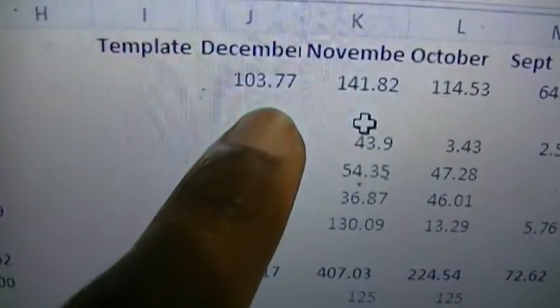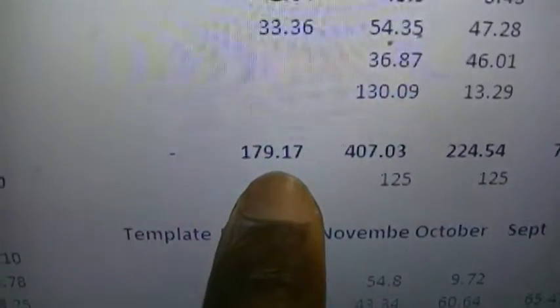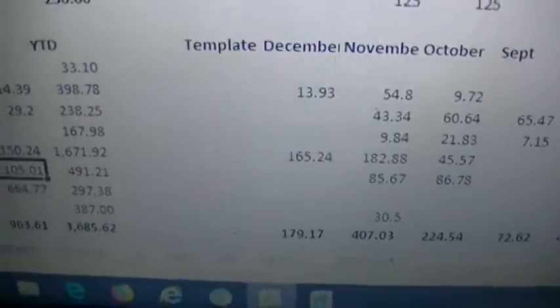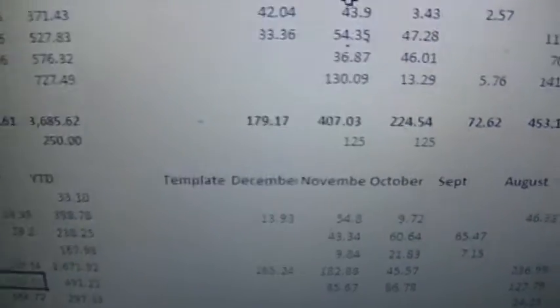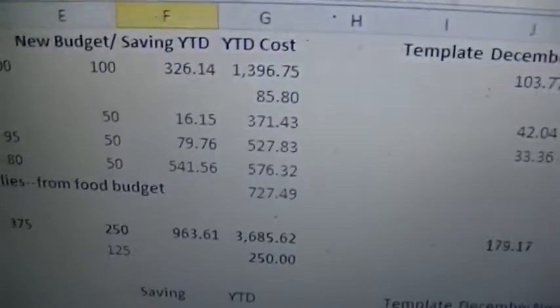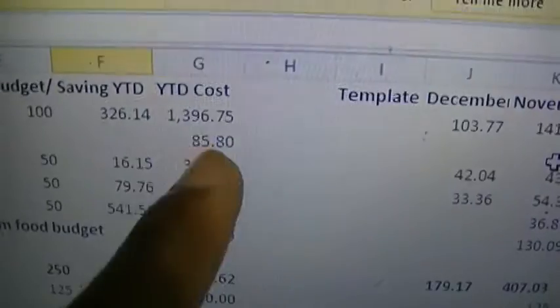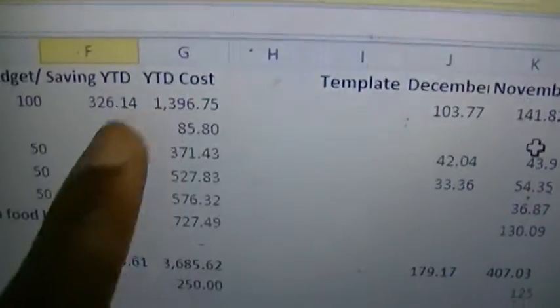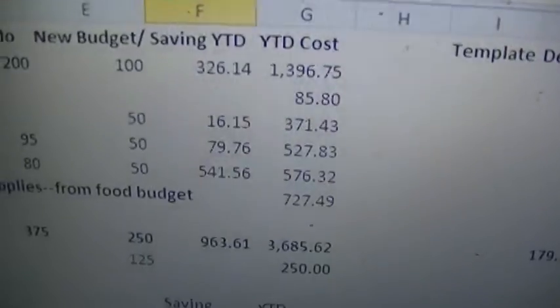In December, so far we spent $103.77, $42 in non-food, $33 in meats. Yes, in meats. And it totaled to $179.17. That's how I record my receipts so that I can track my expenses, and throughout the year I'll look at this and see where I'm overspending or what is the average cost a month, just by taking this annual cost divided by the number of months so far. So by the end of December, whatever the total will be here, divided by 12, to have a feel of how much I really spent